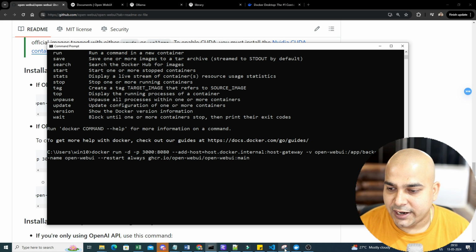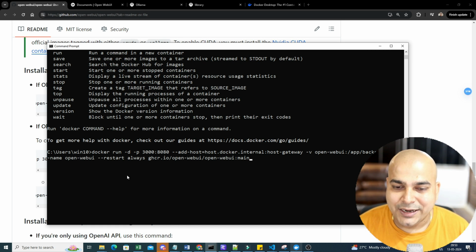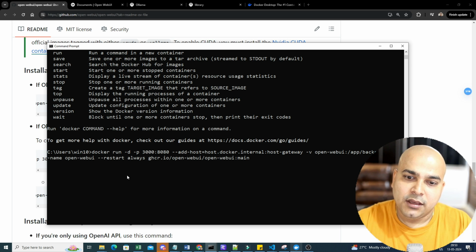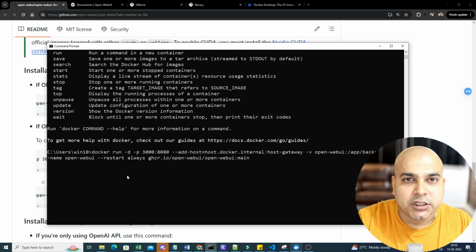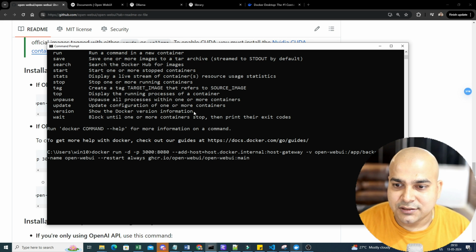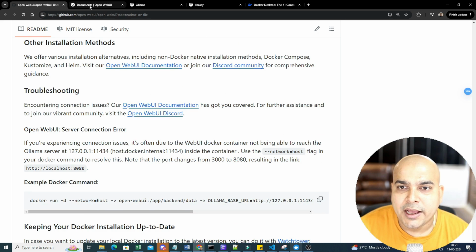So you will be able to see that in my Docker Desktop, this is already running in the name of Open WebUI. Here you can see it is running for the past 50 minutes. For the first time, it will be downloading all the images and installing it, so it is going to take some amount of time, but it's pretty simple, whether you do the installation on Mac or Windows or anywhere. Once the installation takes place, then you just need to go ahead and